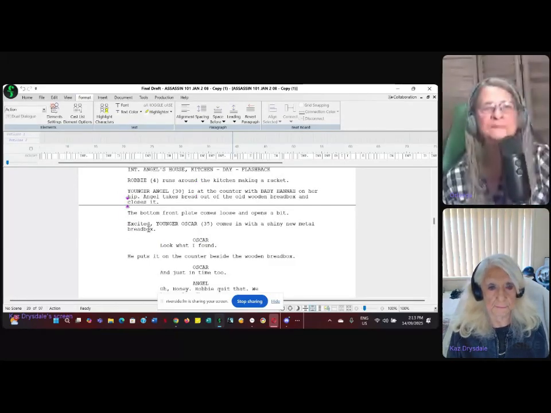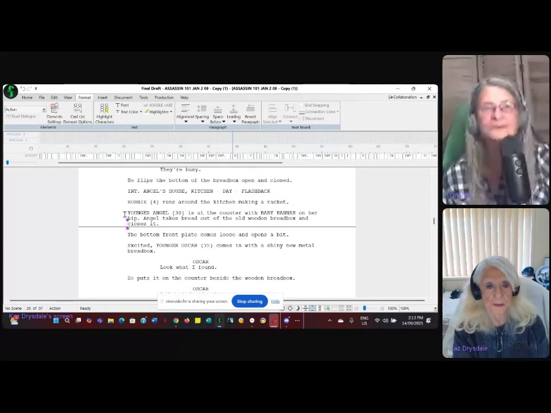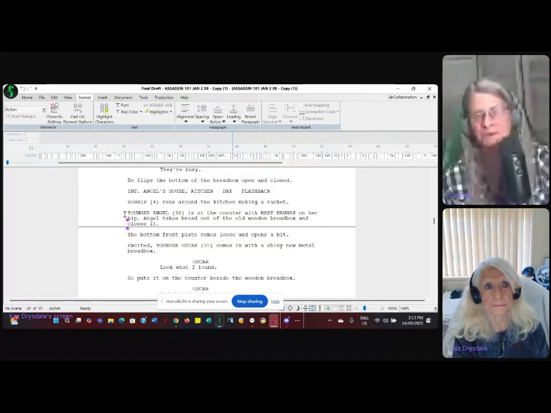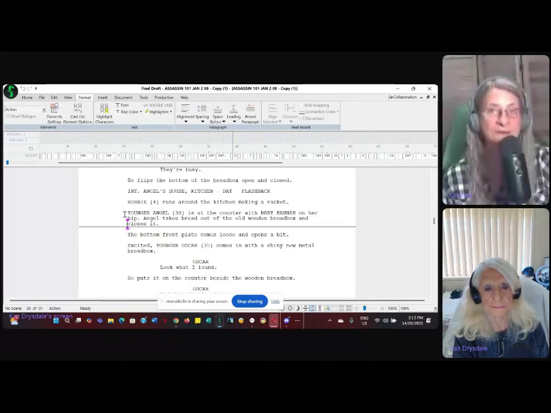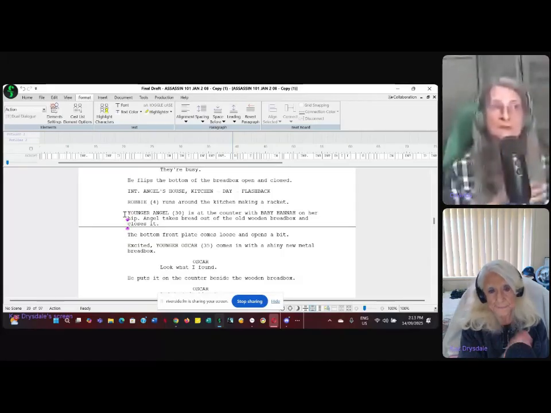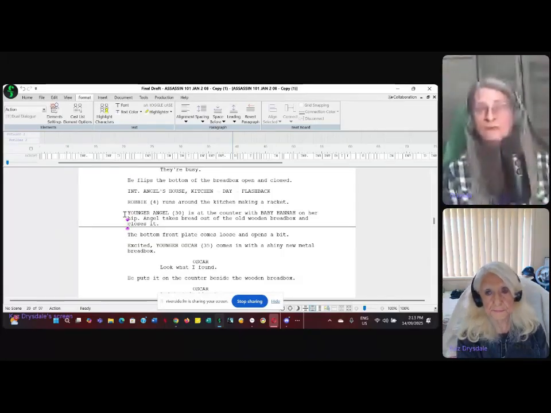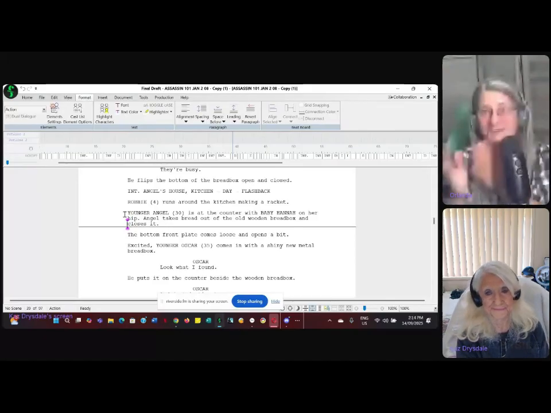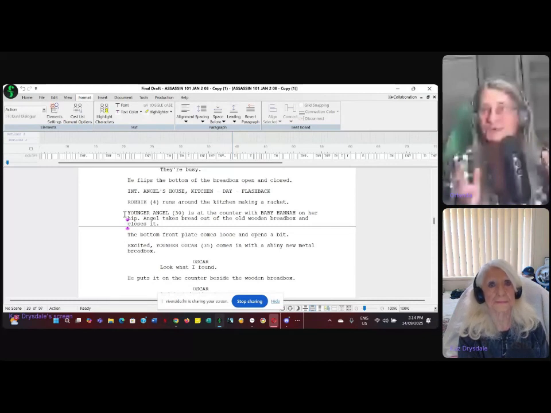Right. And this is just part of the physical writing process, where if you're going to do something like a flashback, we do have to know exactly how old they are in the flashback. And if there's anything different about them at that age, we've got to state it, because otherwise nobody's going to know. They're just going to assume same type of personality, same type of clothing, same look, everything.